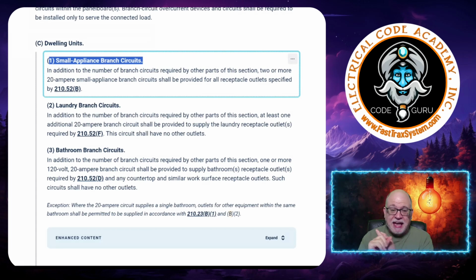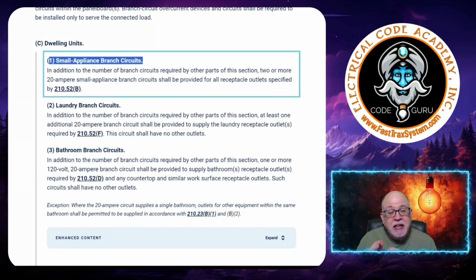Okay, so that is your countertop receptacles. That is the receptacles that are going around the wall for the spacing that's in your kitchen, dining room, nook, pantry. All of those are required to be a part of these minimum of 2 small appliance branch circuits. But could you have more than that? Absolutely. You can have 3, 4, 5, 6, 7, or 8, or whatever you want as far as the small